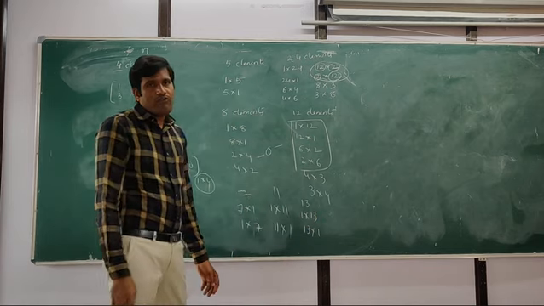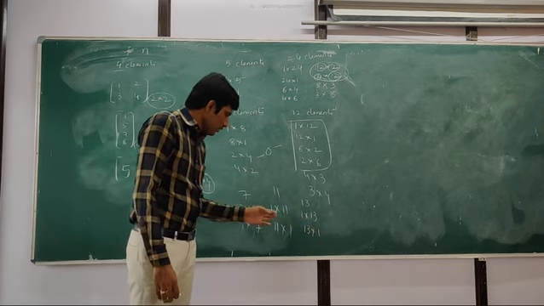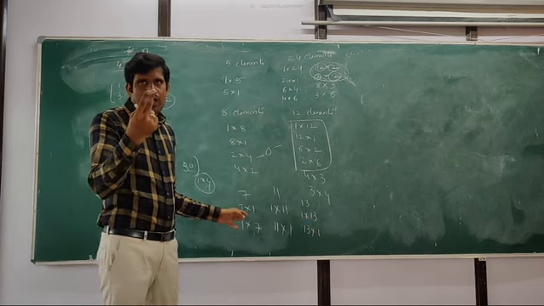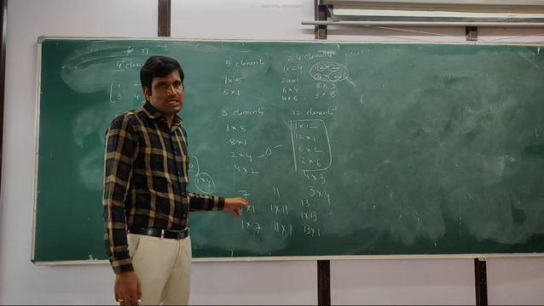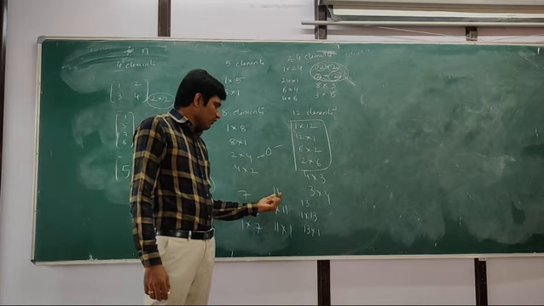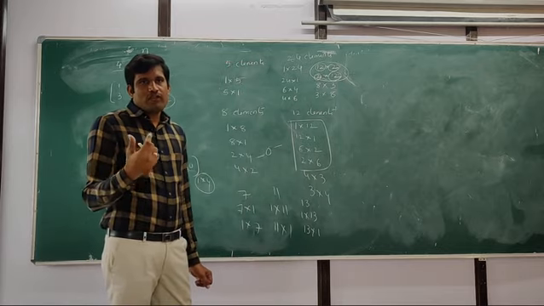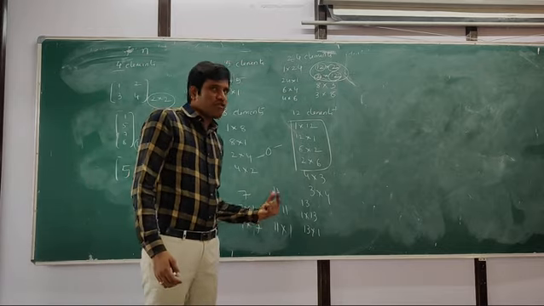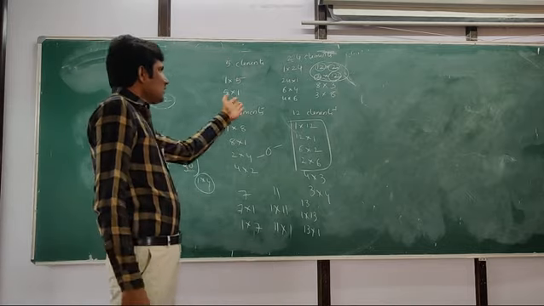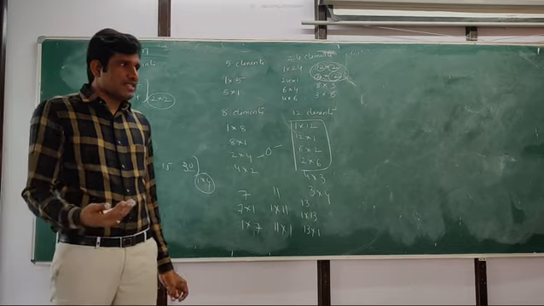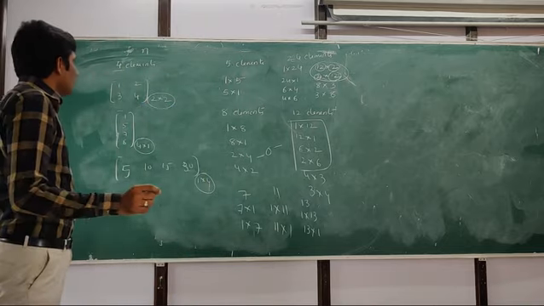So when the number of elements is a prime number, it has only 2 orders: 7 cross 1, 1 cross 7 if it is having 7 elements, 11 cross 1, 1 cross 11 if it is having 11 elements. After 13, the next prime number is 17, next 19. So if the given number is a prime number, we will have only 2 orders. Sometimes they will ask this also: if a matrix is having some elements, what are the possible orders it can have? This may be asked for 1 mark.